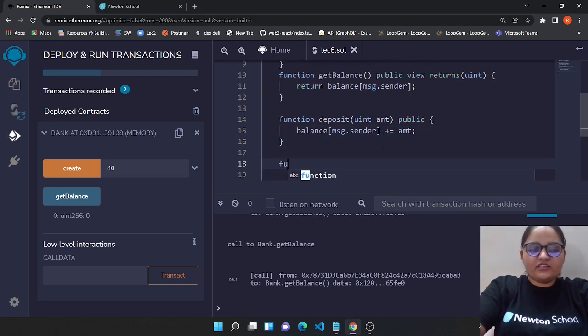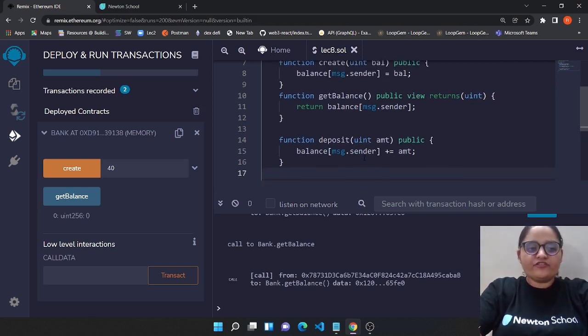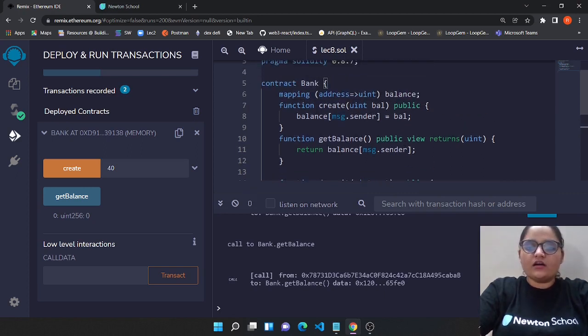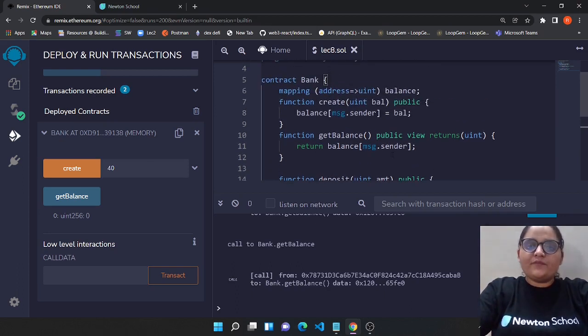Now the second one is the withdraw function, but with this particular setup we are not going to create the withdraw function for now. We are just going to go with create account, get balances and deposit, because for withdraw we need some transfer of tokens, and we were not using the real ethers or the test ethers or our own currencies, those ERC20 currencies. So we will be looking at that particular thing in our next video.